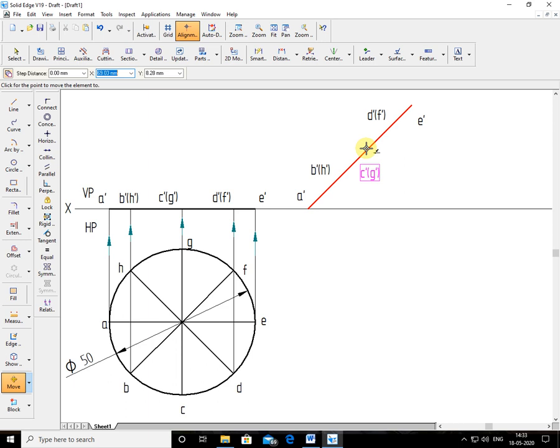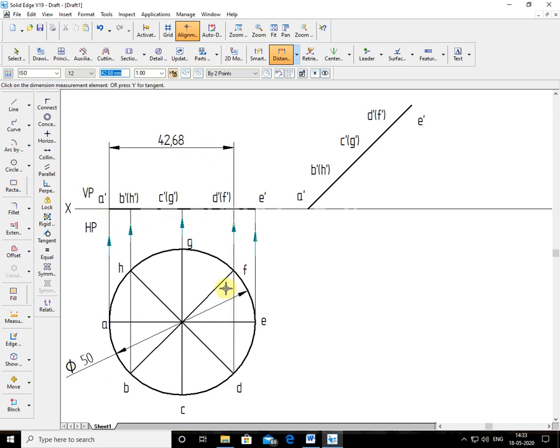Now I'll locate these points. To transfer this, where are the B dash H dash points and D dash F dash? For that you have to measure dimensions here, using the distance between command. I'll measure from A dash to D dash F dash. This is how much? 42 point something. Don't measure this other distance. On a computer it is possible, but in sketching I don't measure it, because 7.32 is a very small distance and you cannot fit it in the compass. That's why you measure the distance this way, from here to this end, so by compass you can easily transfer.